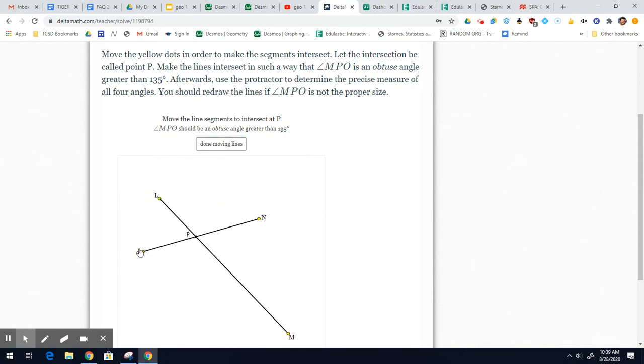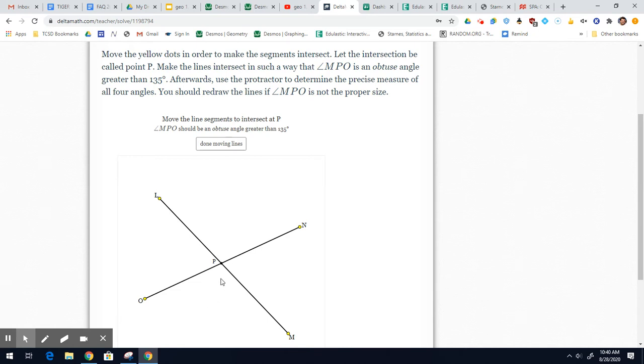Now notice what happened. This point P came up. Now I'm just going to try to move it so P is in the middle. I'm going to make the segments about the same length. It helps with the protractor later on. Let the intersection be called point P. Great. Make the lines intersect in such a way that the measure of angle MPO, this bottom angle, is an